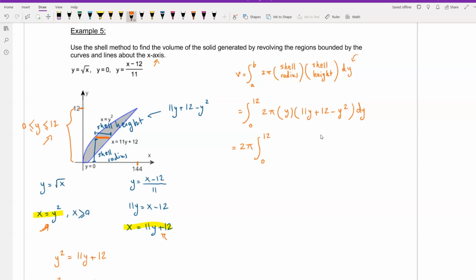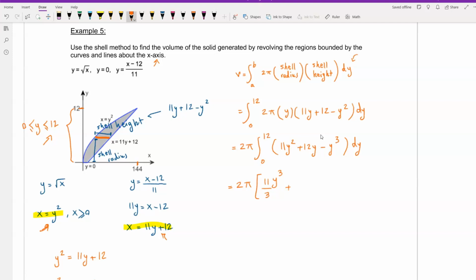So we're going to have 11y squared plus 12y minus y cubed times dy. So this is equal to 2 pi times, find the integral, we have 11. Here we have y squared, so we're going to have y power is 2 plus 1, so that is 3 divided by 3